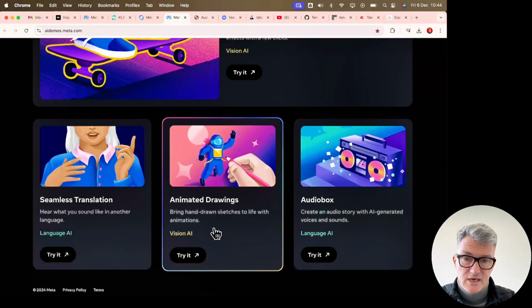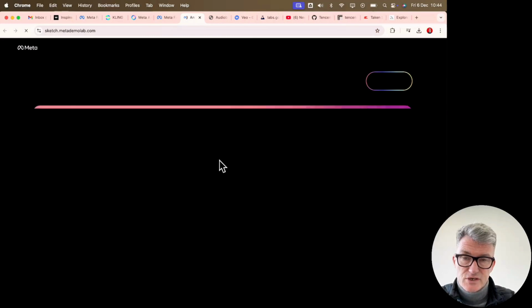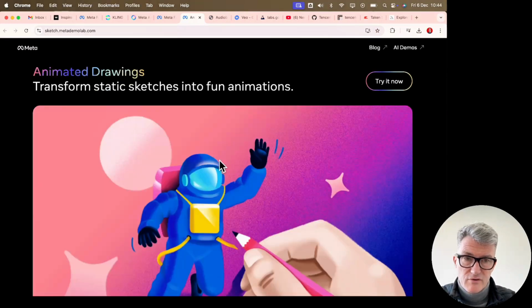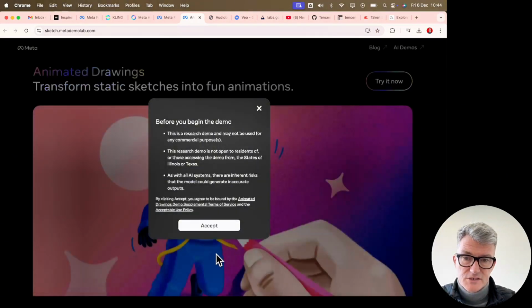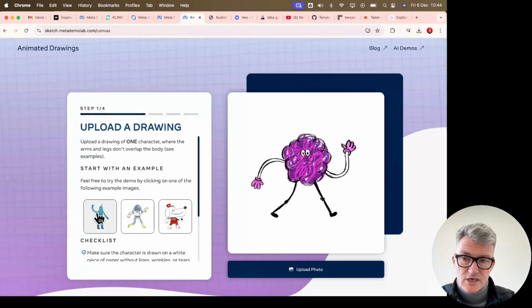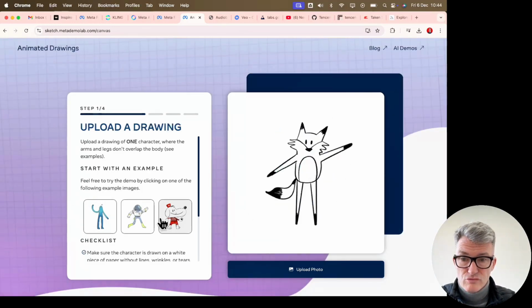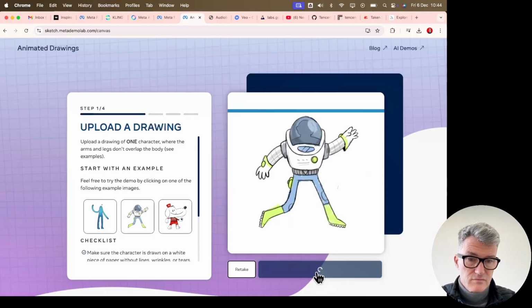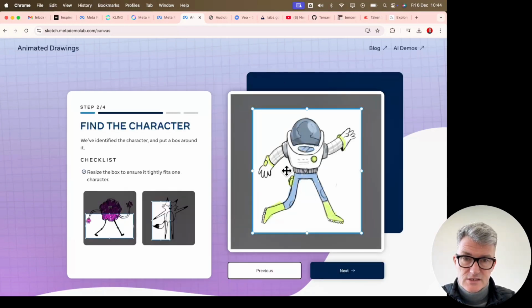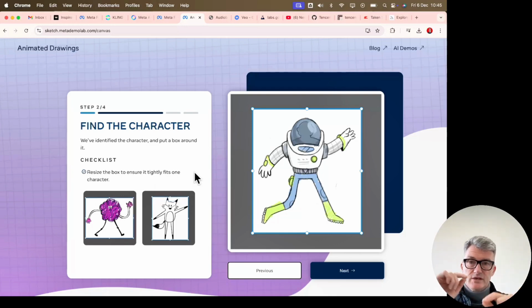Let's go back to here. So we've got animated drawings, which I reviewed a year and a half ago. One of the first ones to come out, but this is really cool as well. So it takes an image of a drawn image. So great to show your kids this one, but it takes an image, and then what it does is create a character. So it links up all the parts of the character, gives it arms and legs kind of thing,